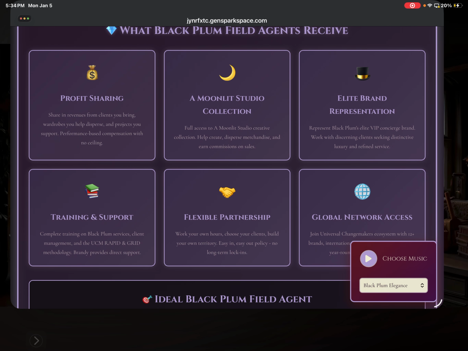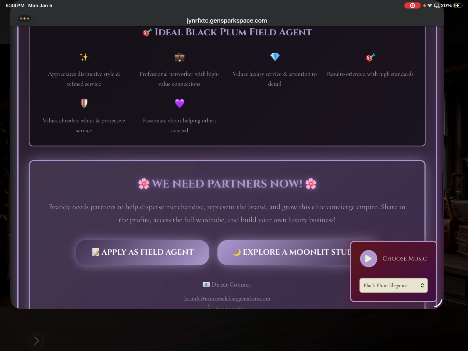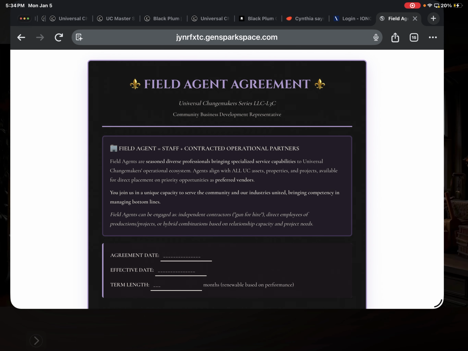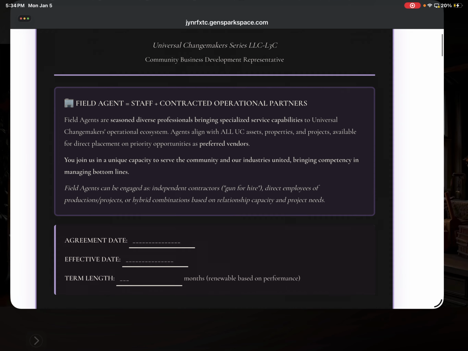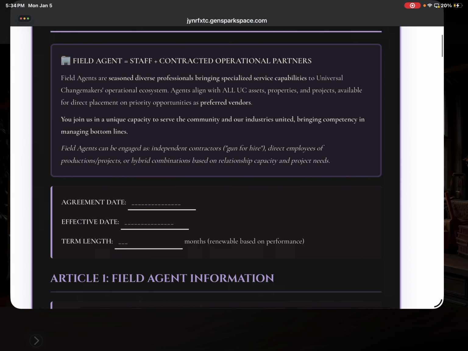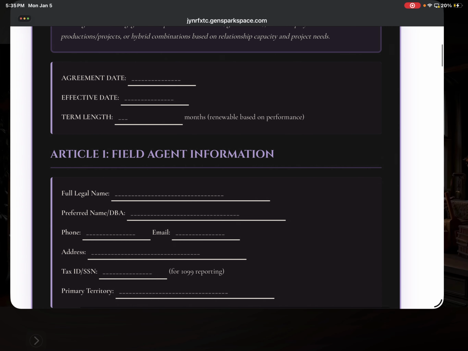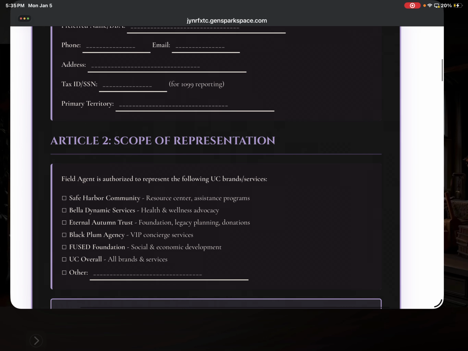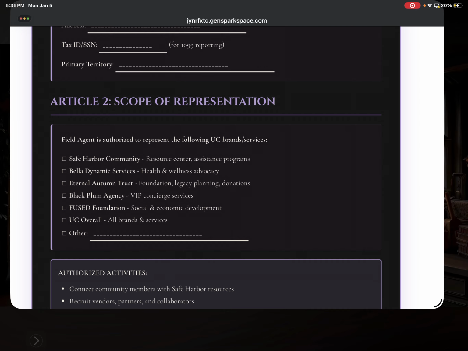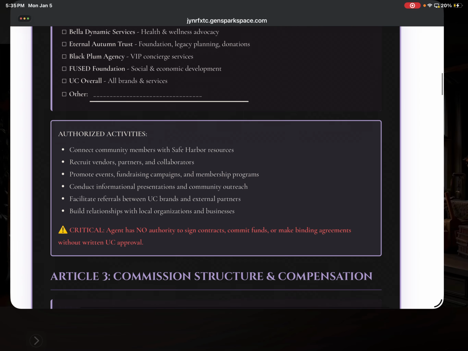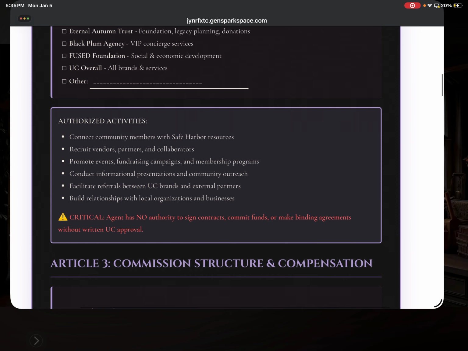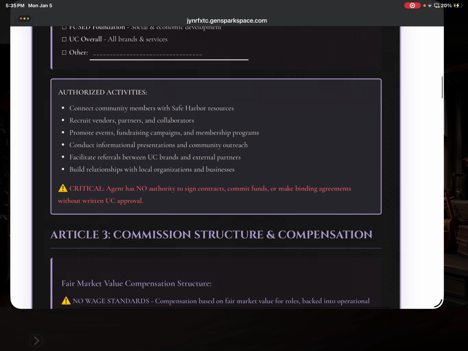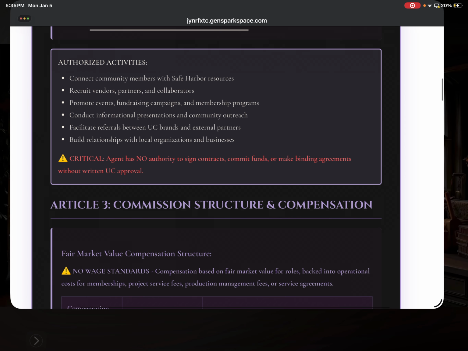So right now, as I'm going through and creating the field agent application, this is really where it's at. And I have to have this formal document put together because it allows for us to go into the scope of the brands, what you're working on, what you're working for, and then I give you the training for each property. And as we go, this will be a good way of earning.